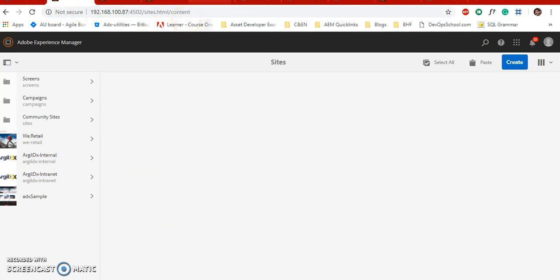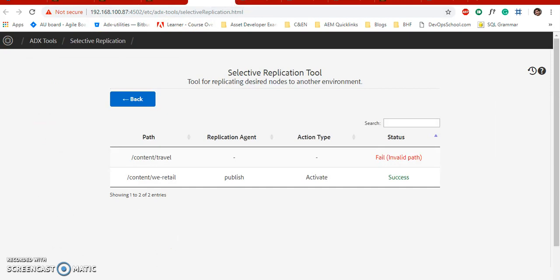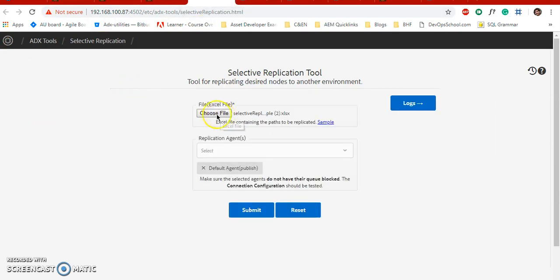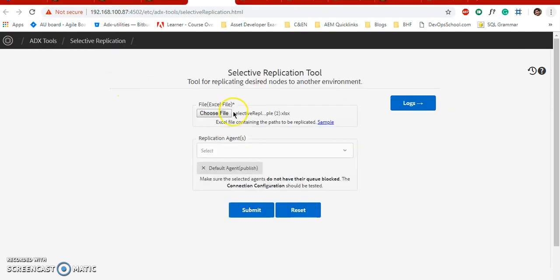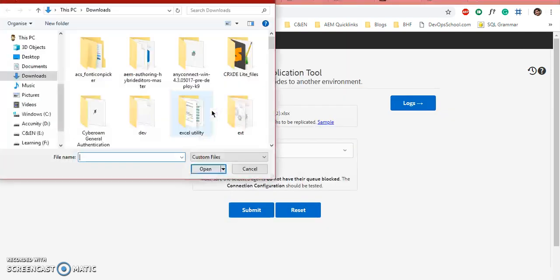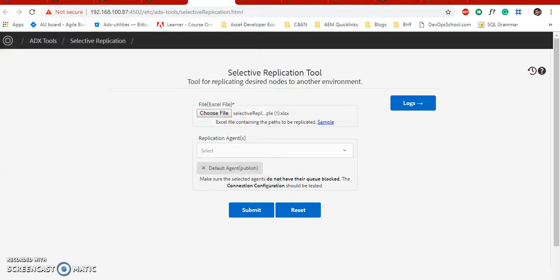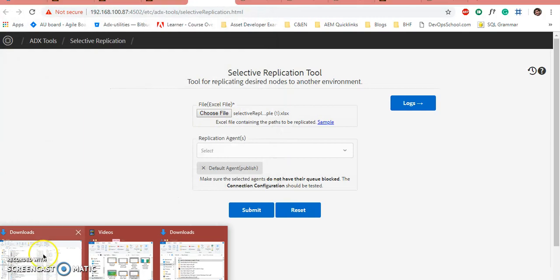So going back to our tool, I have an Excel file created which contains both these paths. Let me just show you the paths in that file as well.